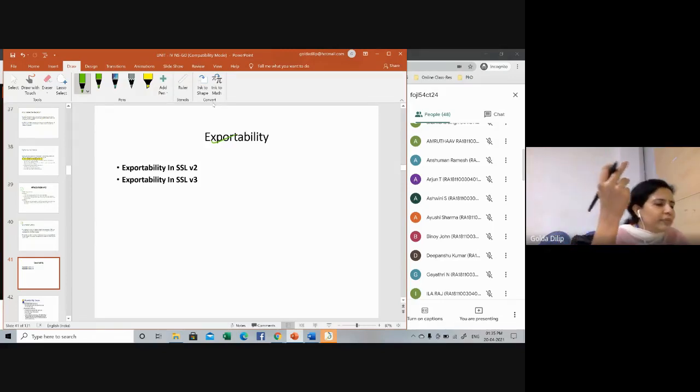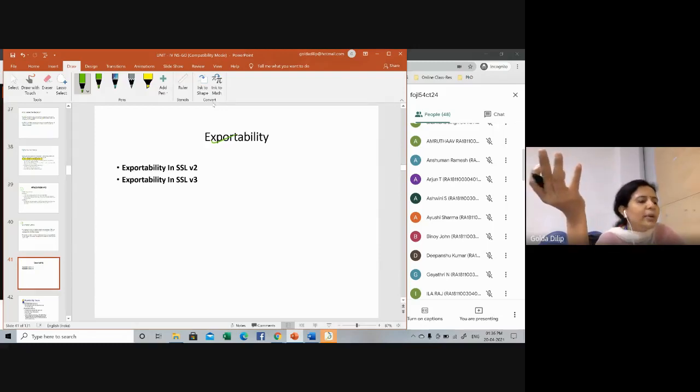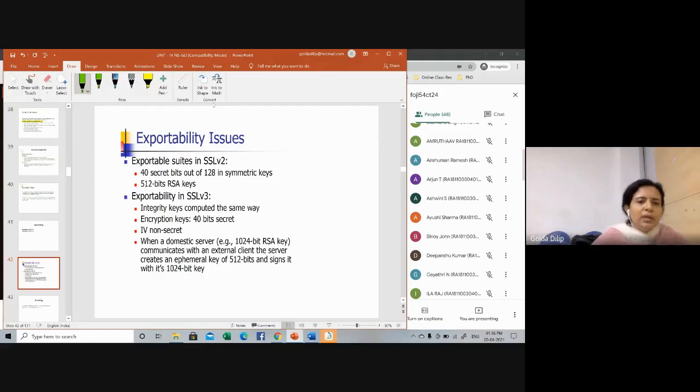So what export control policies are being implemented? What is being deployed and what must be implemented in order to be compatible with that version? We should understand the mechanism behind it, the rules and regulations as far as exportability is concerned: what is being implemented, what is being deployed, and what is available, and whether the versions match. This is with respect to version 2 and this is with respect to version 3.